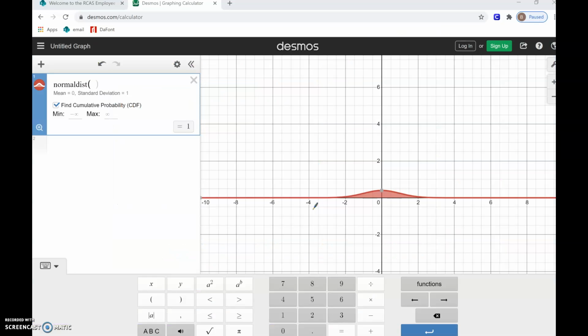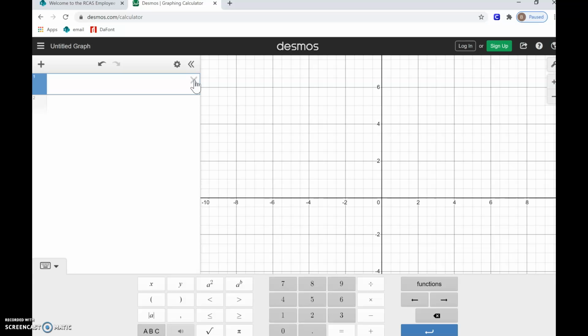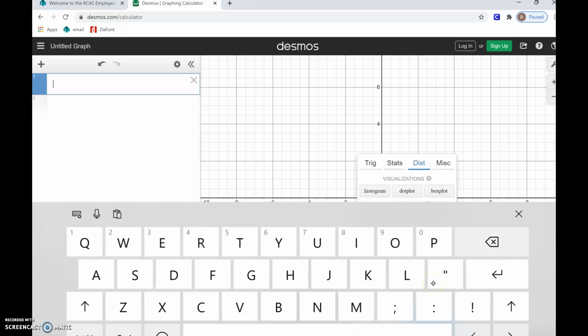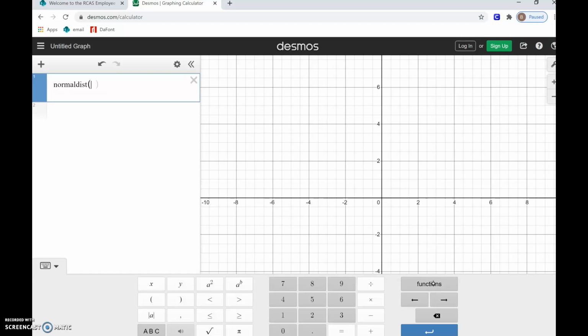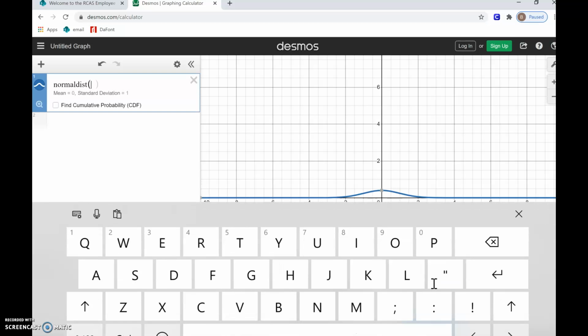So to find this percentile, or the percent below a certain marking on your normal curve, in Desmos you can click Functions and click over on Distribution and Normal Distribution. Then type in your list of all the data values there, click on Find Cumulative Probability, and type in your max number that you want it to be. Say they have a 2.7. If I type that in and I had